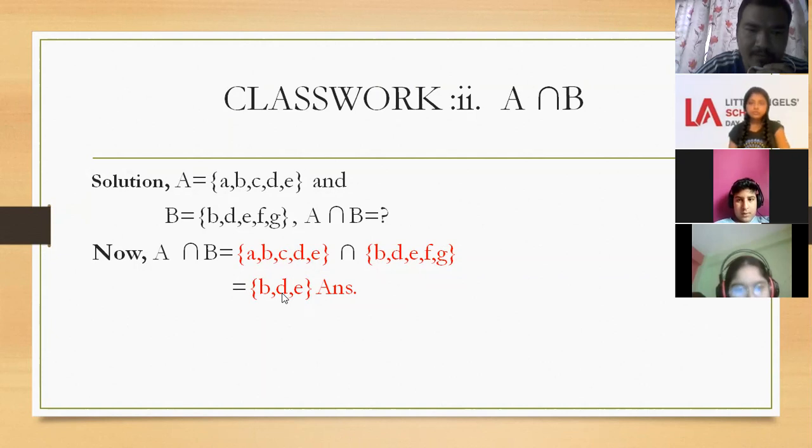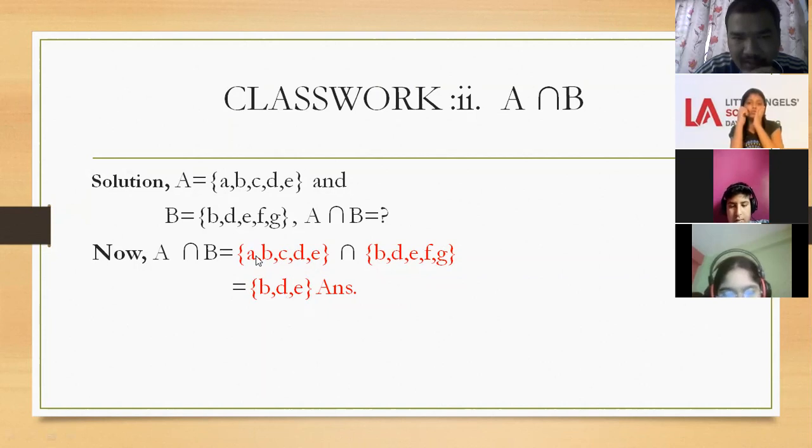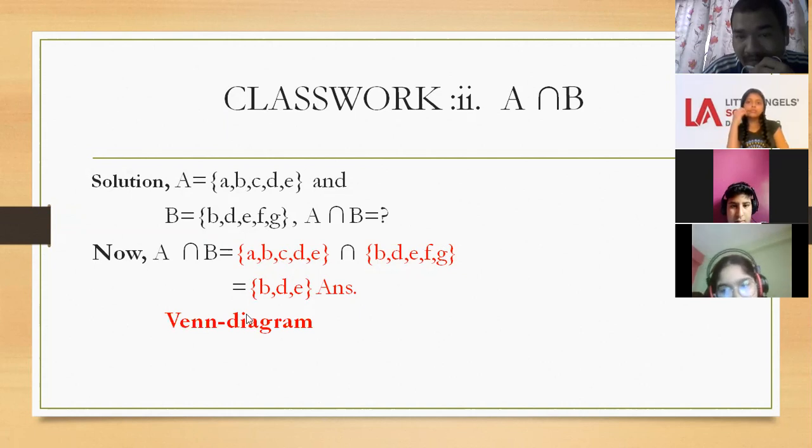Are you clear, children? Yes, sir. What are the common elements in set A and B here? B, D, and E. Okay. Here, look here. The questions are the same. Look, the sets in the question are the same. Set A and B, same question. Then when you draw the Venn diagram, it will also be the same. But what will be the difference? Do you know? Shaded part. Yes, very good. Just the shaded part will be different.